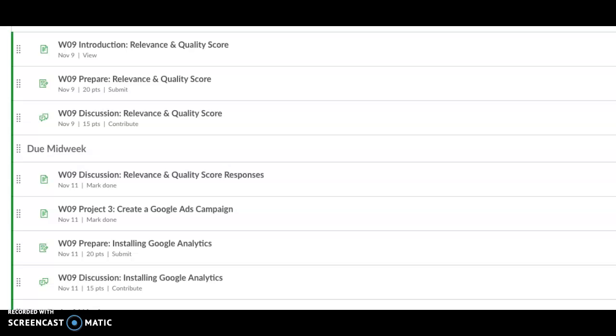This is really where we get into the meat of the course. Weeks 9 through 13 will be quite involved, and then week 14 will be fairly simple. This class does not have a final exam like most classes, and so it ends with a fairly simple final project. But to make up for that, weeks 9 through 13, as I mentioned, will be quite involved in the assignments